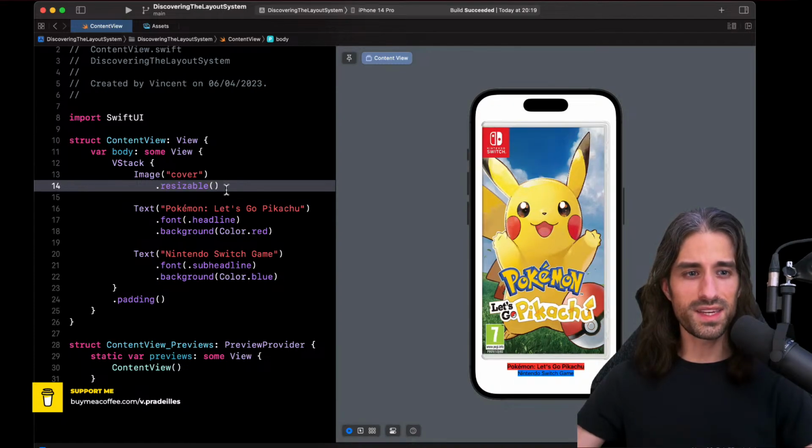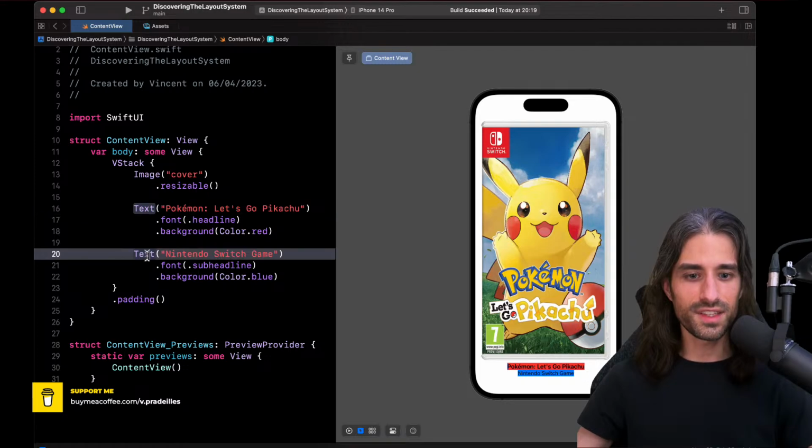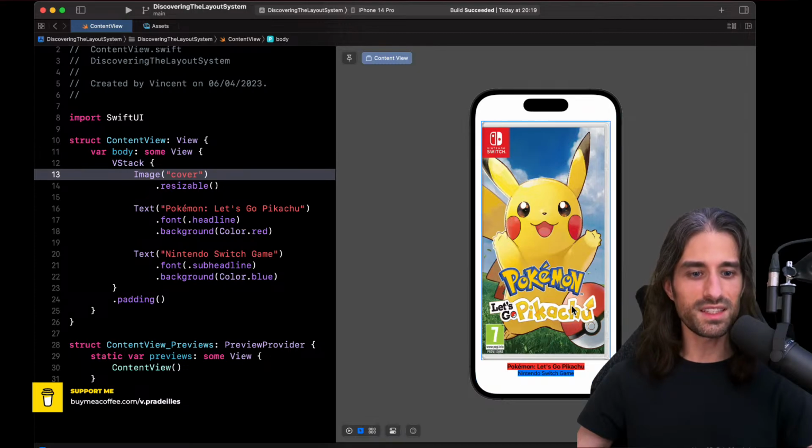And when we make it resizable, it becomes different. The image will occupy all of the space that is available to it. If we take a look, we can see that the text is here, the second text is here, the VStack with its padding is around, and so the image is really taking all of the space that's available, but it no longer respects its aspect ratio.